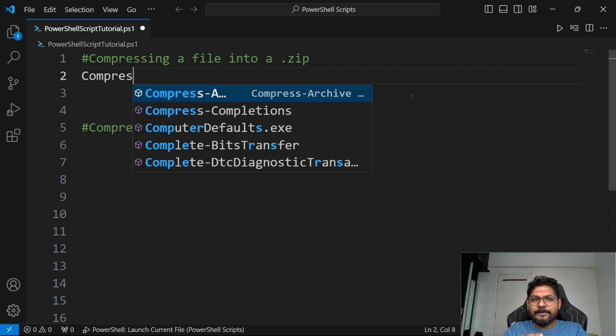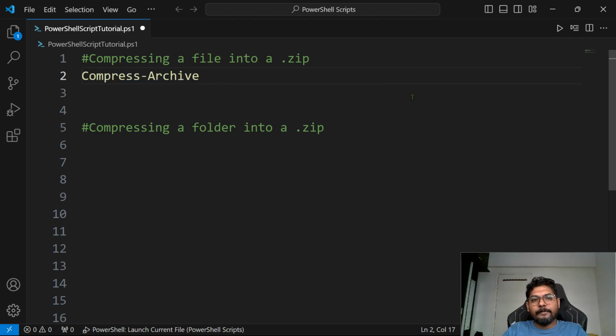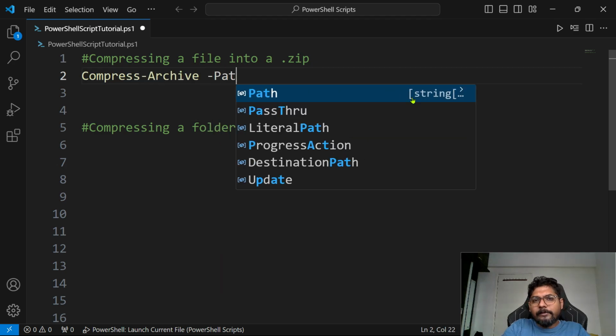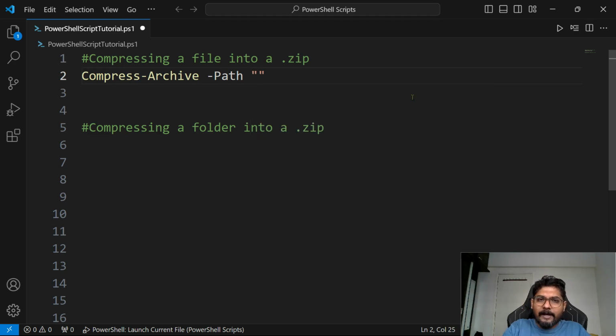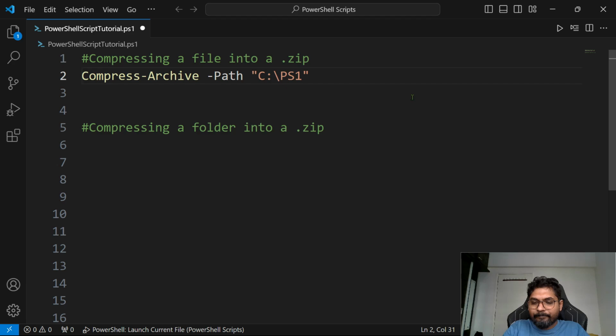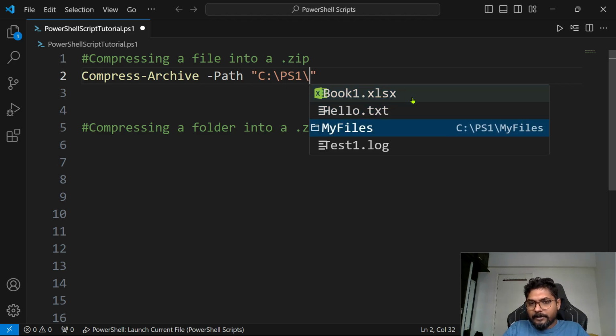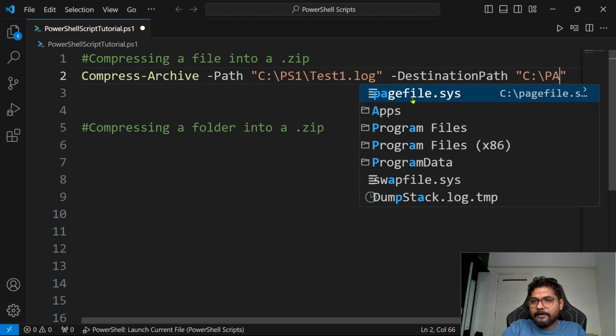So just type compress and then you get a cmdlet, Compress-Archive. And then what you would like to compress. Where is that file? You have to provide the path. Pretty simple code in PowerShell. Path, and here I am providing the path where the file is, ps1, and let me compress the log file, for example. Once I do it, where would you like to keep it? The destination path. So here I will say keep it in the ps1,